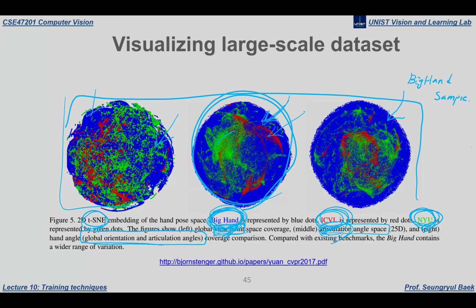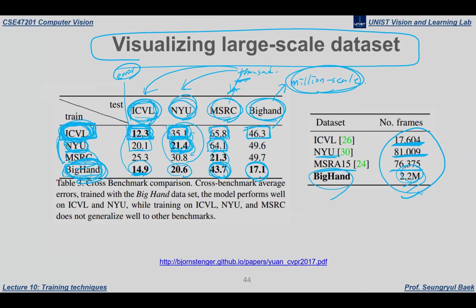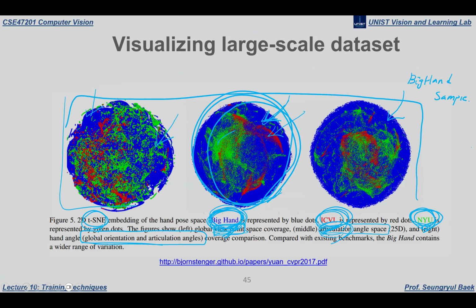They are covering up the 1,000 scale data, and that is actually the reason why, even with Beacon trained data, they can cover up the testing samples of the other small scale data. Okay, so in distribution, you can confirm that this million scale data is covering up the 1,000 scale data, their coverage. Okay,